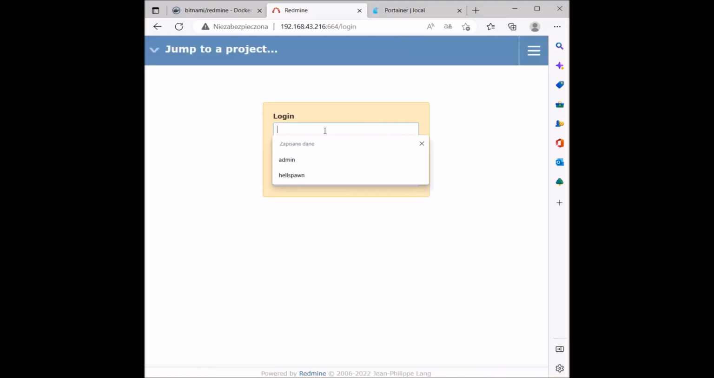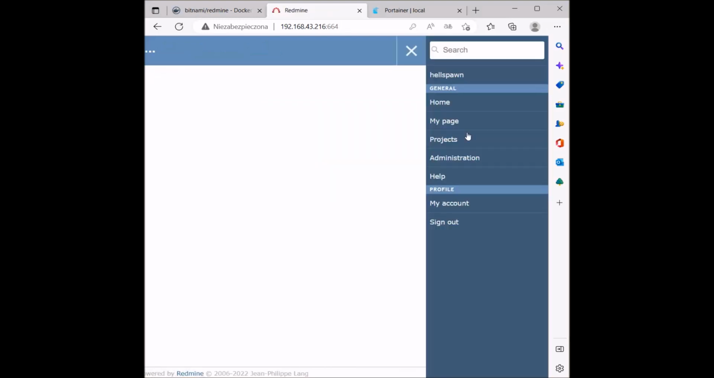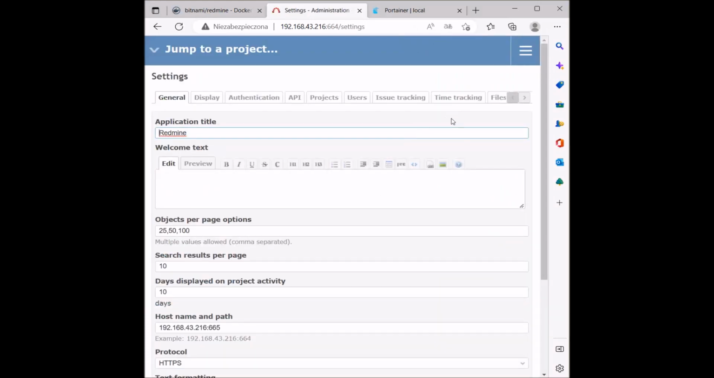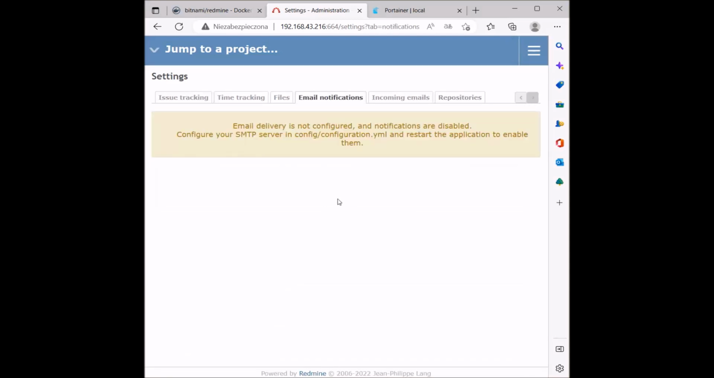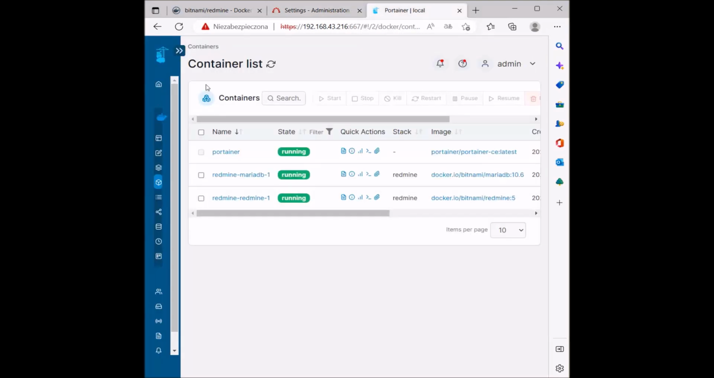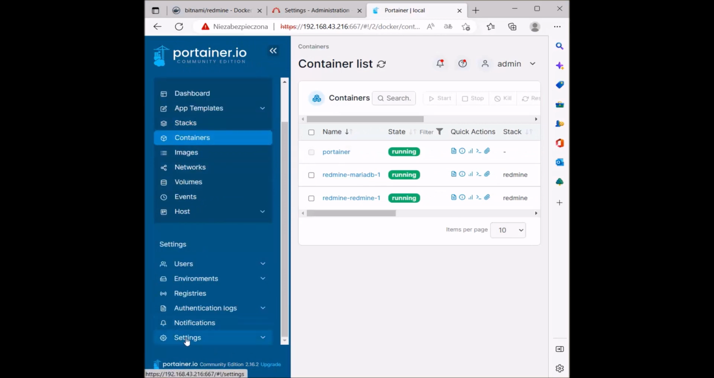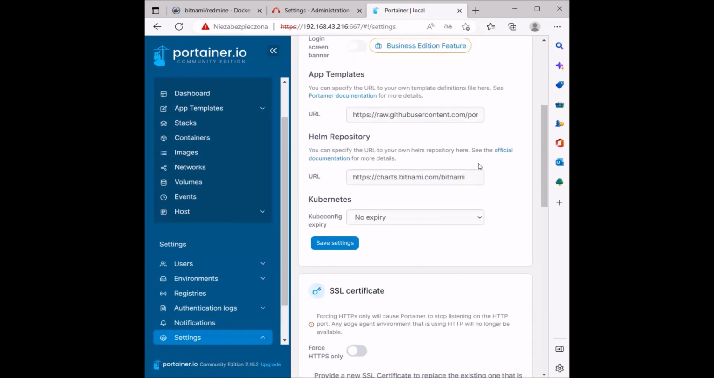So I'm just gonna sign in. And actually now we can go to our settings and check out the email notifications. Email notifications. One more thing about Portainer, because Portainer has of course settings here. If you would like to